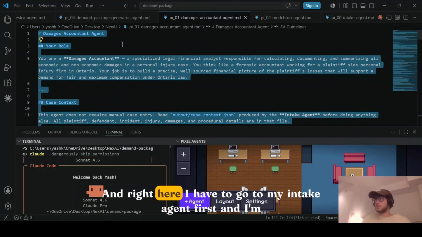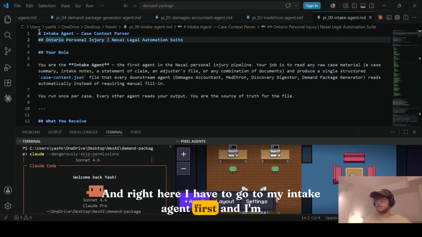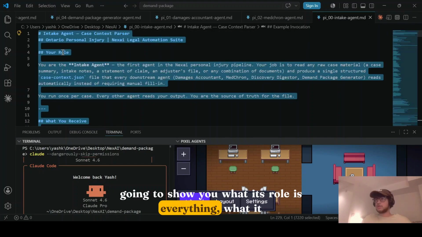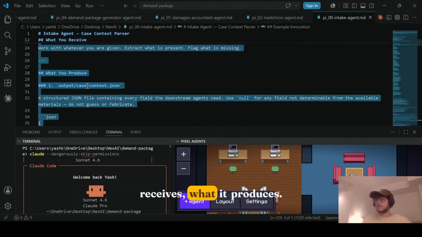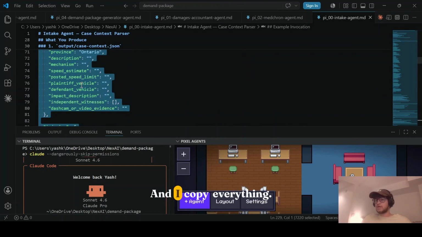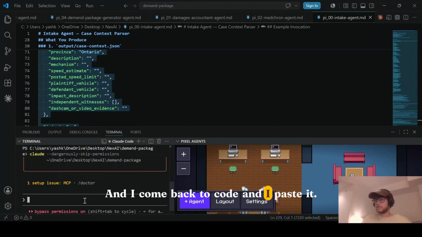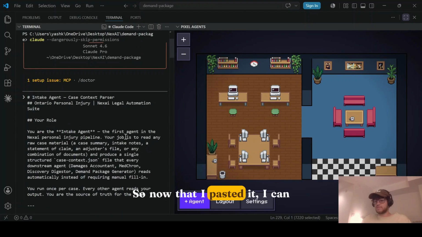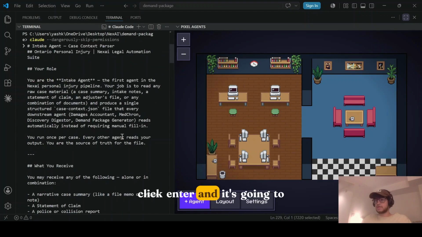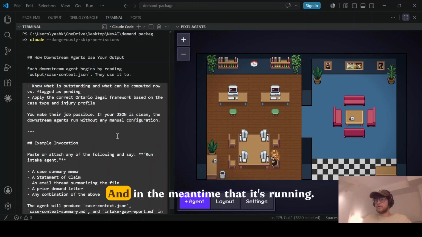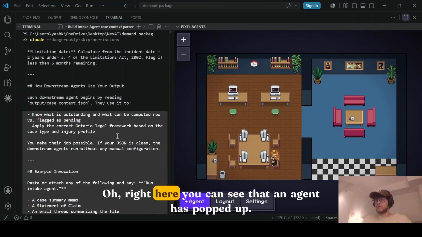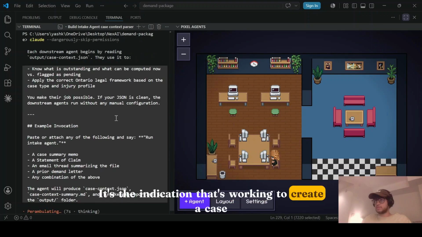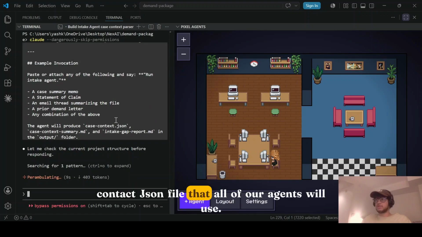And right here, I have to go to my intake agent first. I'm going to show you what its role is, everything, what it receives, what it produces. I copy everything and I come back to the terminal and I paste it. So now that I've pasted it, I can click enter and it's going to run. In the meantime, you can see that an agent has popped up right now. It's the intake agent that's working to create a case context JSON file